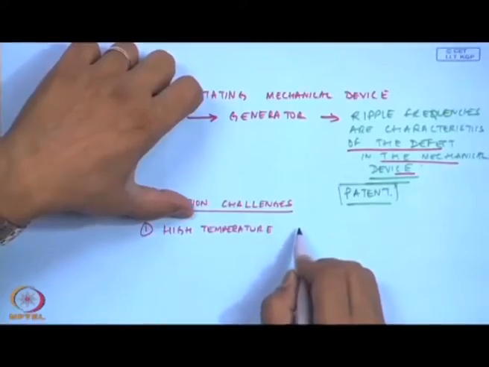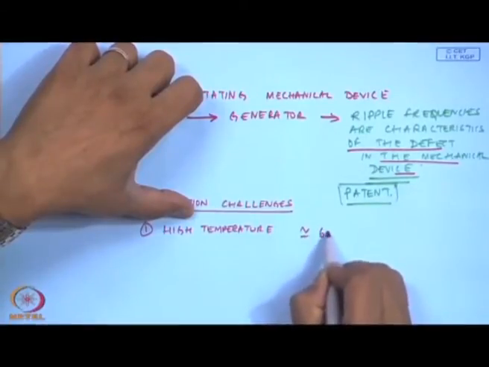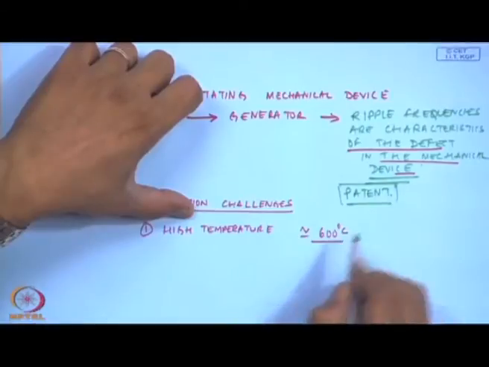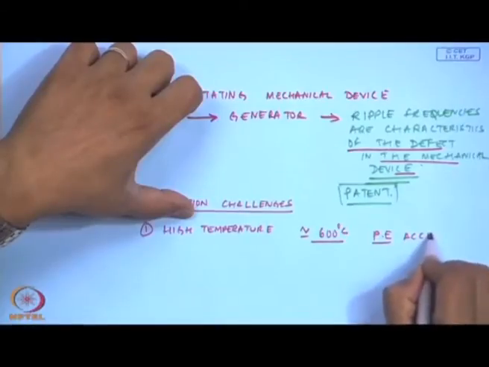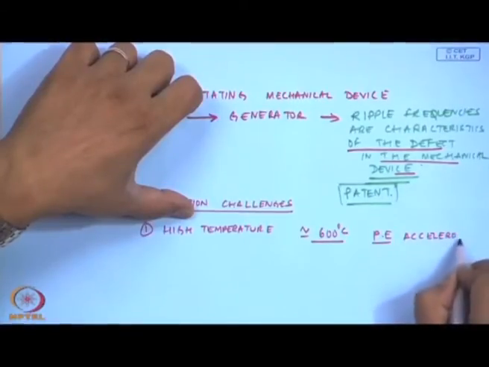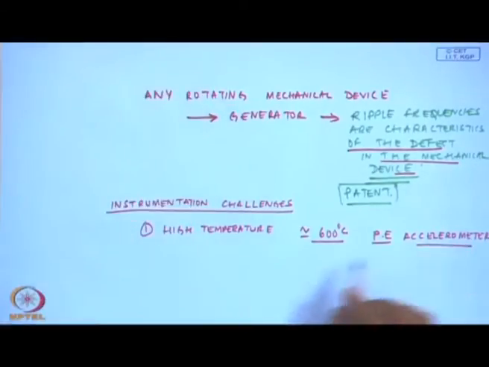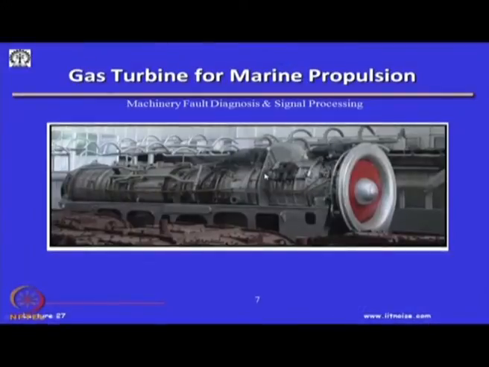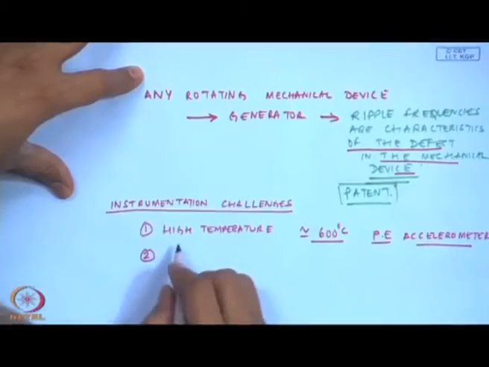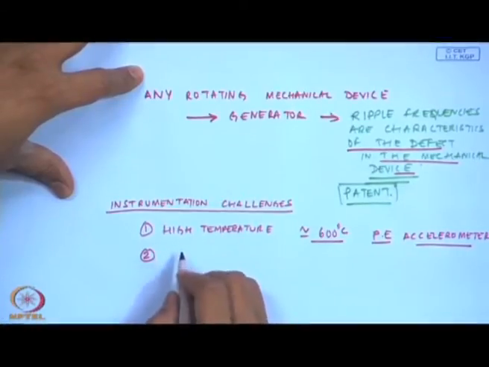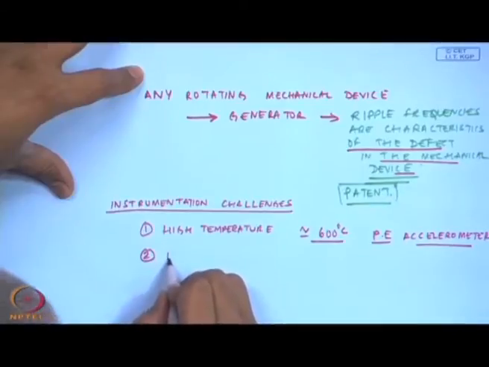So, they have to withstand the high temperatures, and nowadays we have transducers which can go up to 600 degrees Celsius, piezoelectric accelerometers. And they can be mounted permanently also, but again the problem here is, these temperatures could be even higher than 600 degrees Celsius. So, that is one issue, the temperature, and then how do you lay the cables, and the location